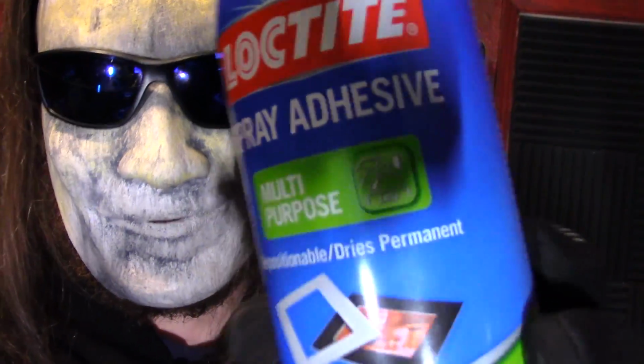But it's interesting to note, whenever I was using the spray adhesive, I got some of this stuff, which, if you know anything about construction, or if you're familiar with glue in any way, LOCTITE, that's a big name brand. That's a brand that a lot of people associate with quality, with reliability. So I got this can thinking, of course, it's branded LOCTITE. That's good stuff. Gonna work really well. Pretty much rip the ceiling down if I ever try to take panels off. And it's multi-purpose